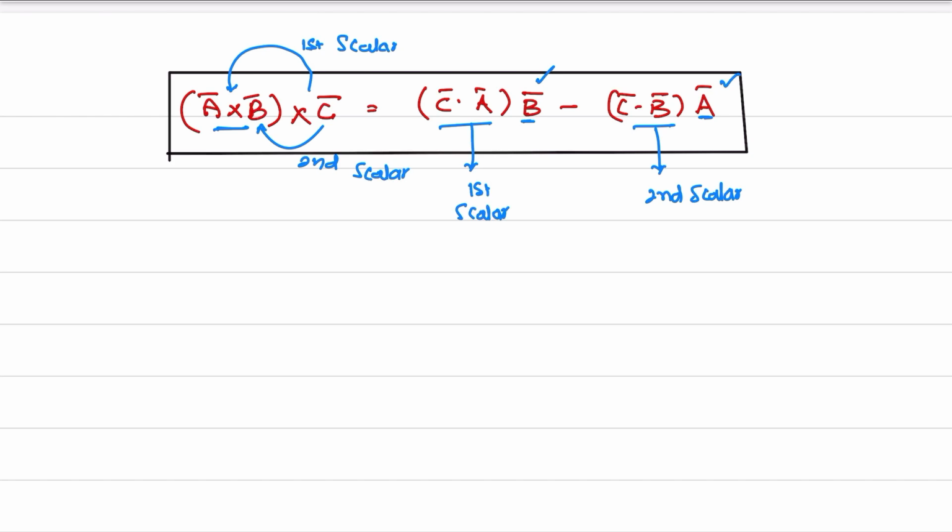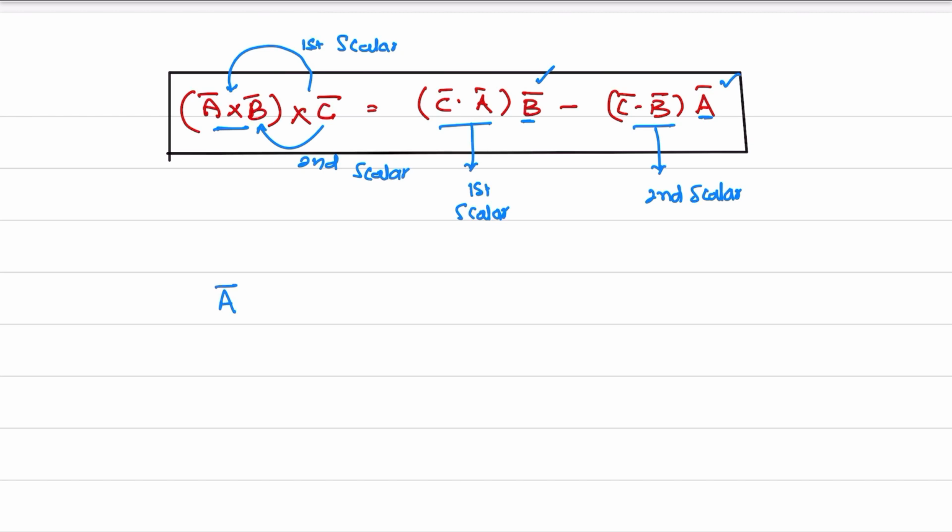When you go into details and solve for the scalar quantities, then we will get the answer that C dot A is one scalar quantity and C dot B is another scalar quantity. C dot A should be multiplied by the remaining vector, the third vector B, and C dot B should be multiplied by the other remaining vector A. Hence,